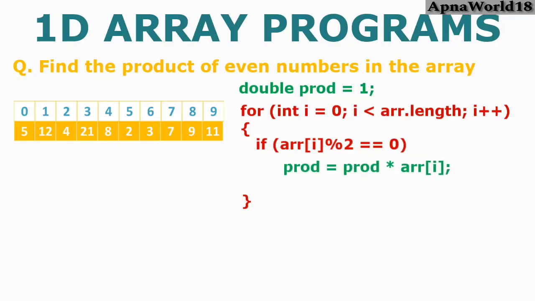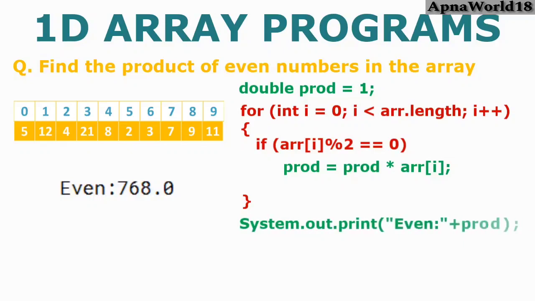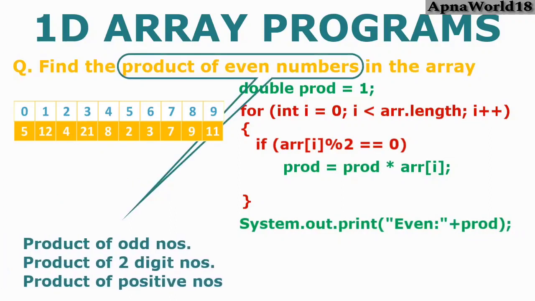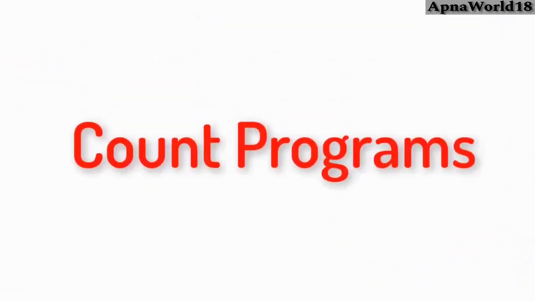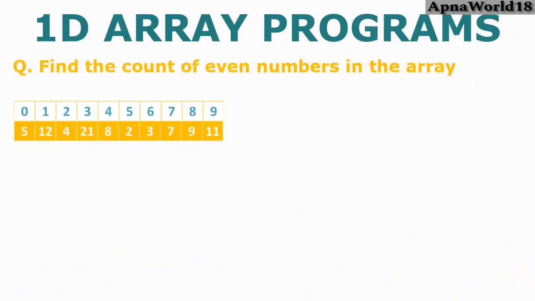Once it has finished multiplying all elements, means we have finished array traversal, we come out of the loop and we print the product. This program will multiply all elements of the array. Now this program could be the product of odd numbers or two-digit numbers or positive numbers. This code will work for all print programs we just did by just changing the if condition as we learnt in the print. Now let's see count programs, which is also equally easy,